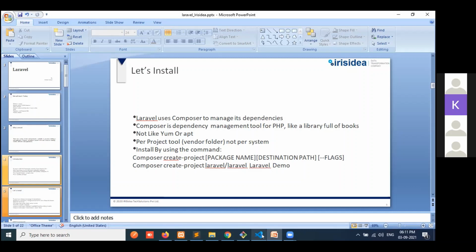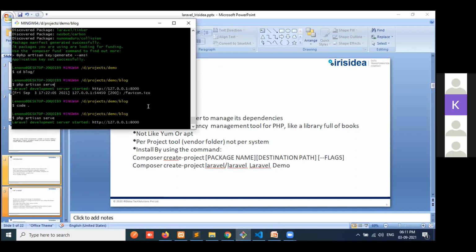In code. Okay. Can I show you the previous project code? Yeah, please. It will help you. Okay, because here we have to create all the things. That's why.